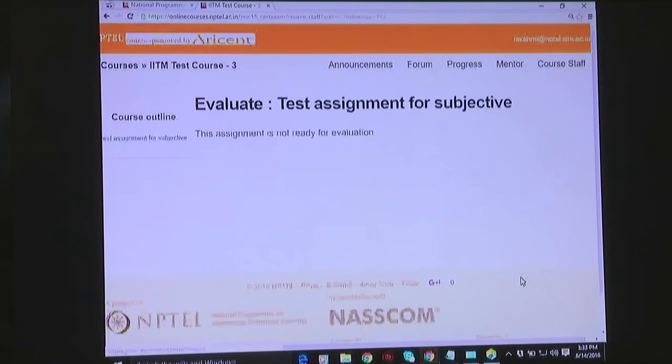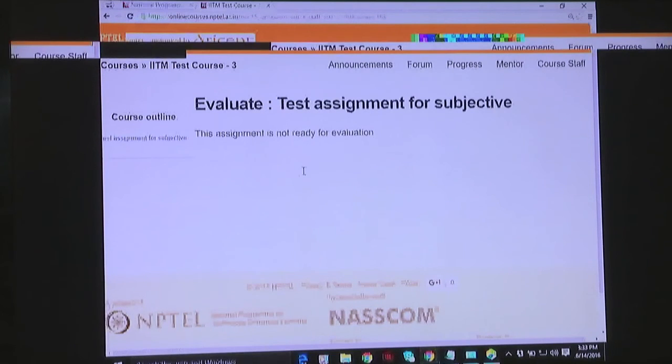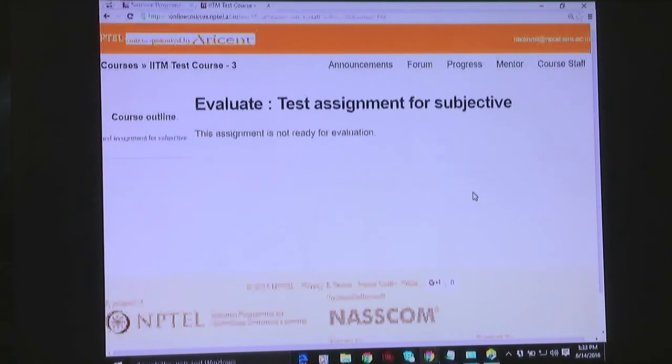I am getting the message, this assignment is not ready for evaluation. This is because I have selected multiple submissions for this assignment. Only after the deadline can I evaluate the assignment. If it is a single submission, you can evaluate the assignment midway itself.